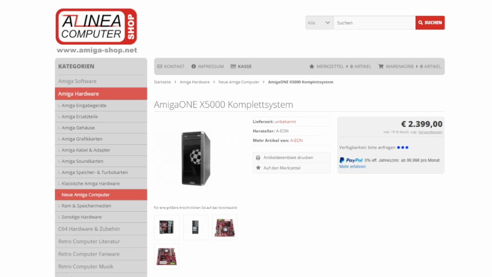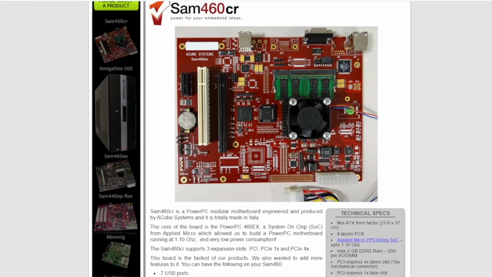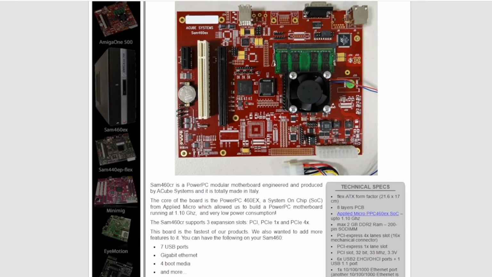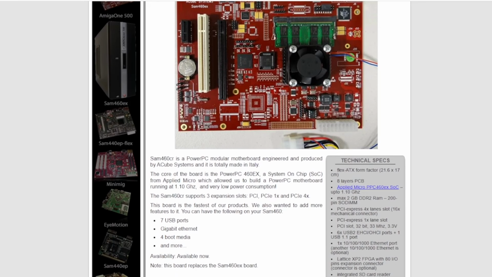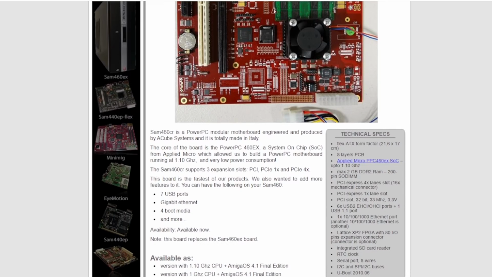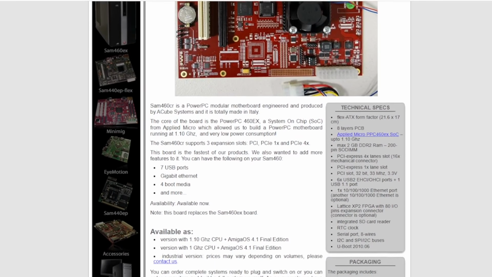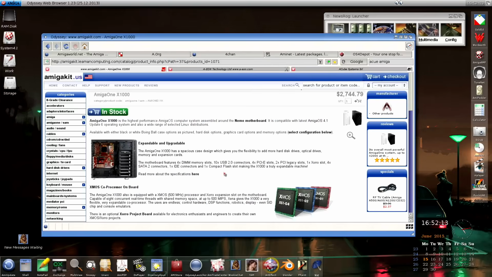with custom computers like the X5000 made for Amiga OS 4 that will cost you over €2,000, and on the lower end of the scale for OS 4 you have the SAM boards, which will cost you around €700, which, although is more affordable, that still prices out most new users. And I've done videos on Amiga OS 4 before, but sadly I don't run it anymore,